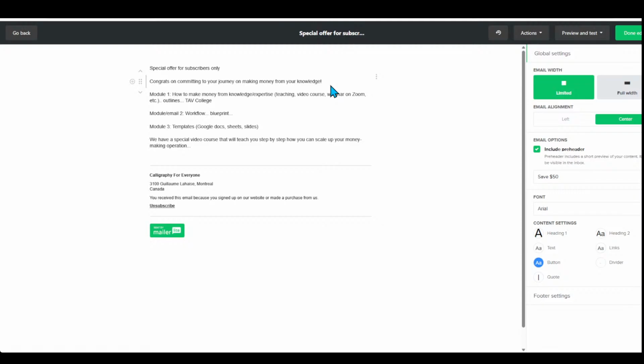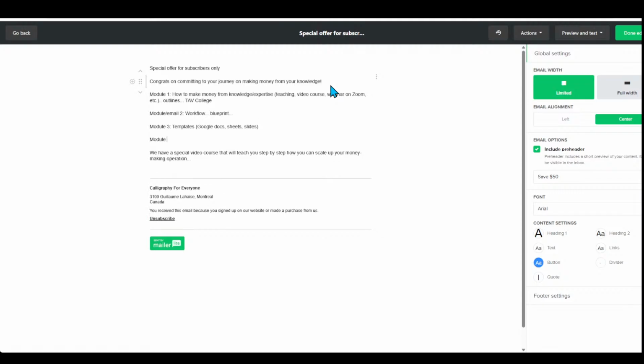And maybe module 4. Guys, I'm just doing this spontaneously because this is something I've done in the last 20 years, so it comes naturally to me. But the challenge is that I have to structure the first 4 emails in a way that is logical and easy to understand. So obviously, module 4 can be something like how to market